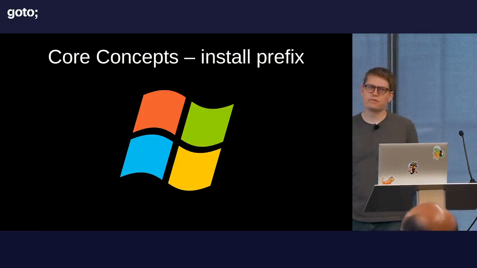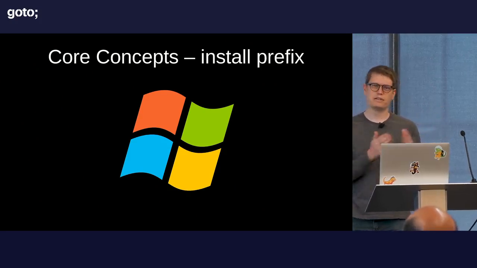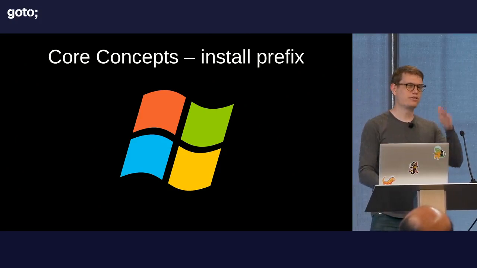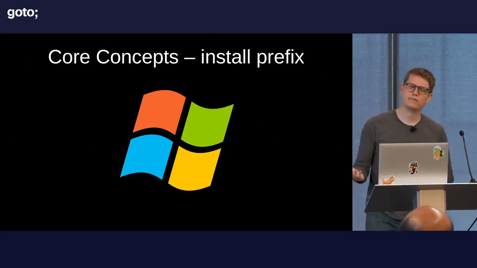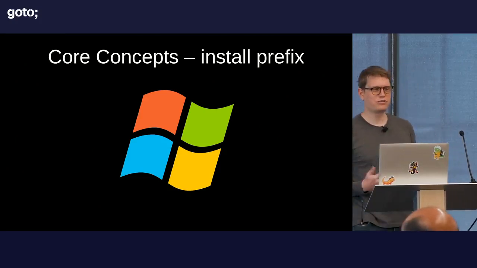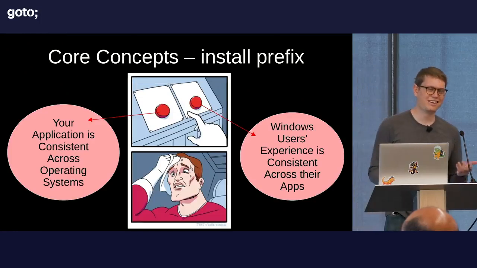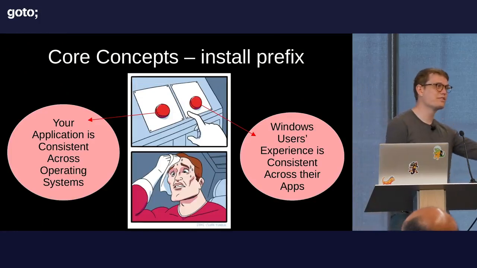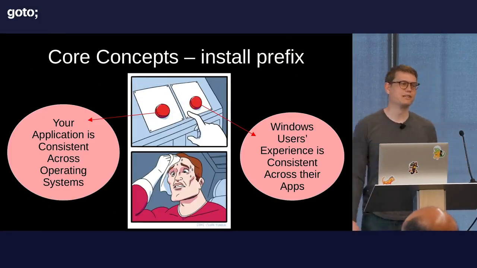So Windows doesn't really have bin and lib and stuff, right? If you're making a zip file for Windows, what should the directory structure be? Well, you basically have two choices. So you have to pick one. You're either going to make your application consistent across all the operating systems you support,